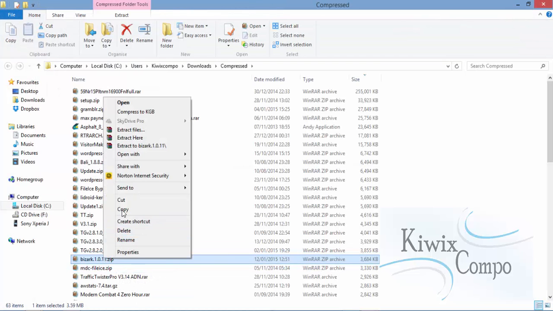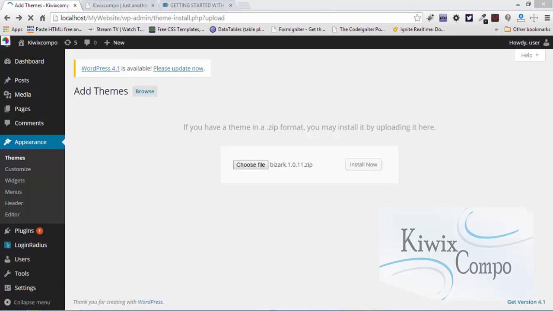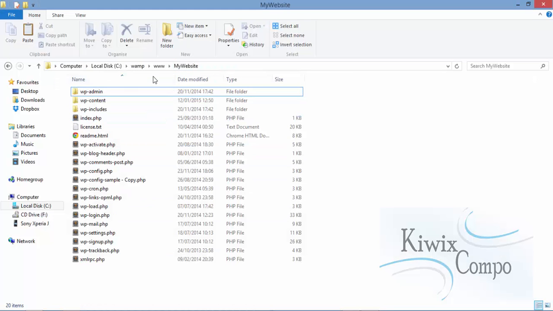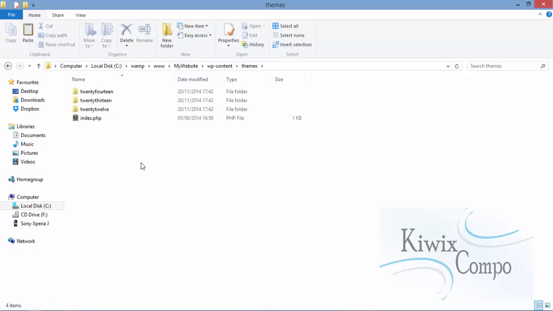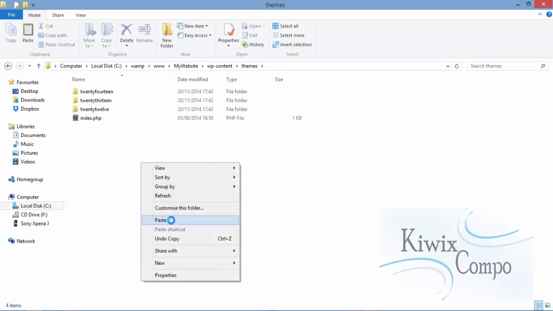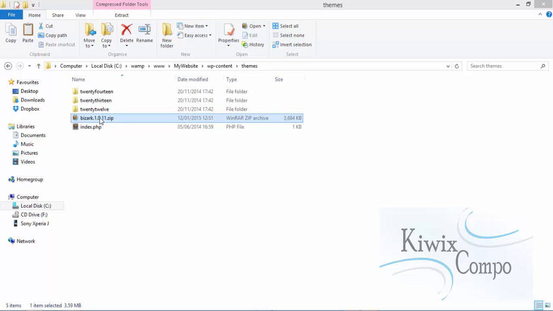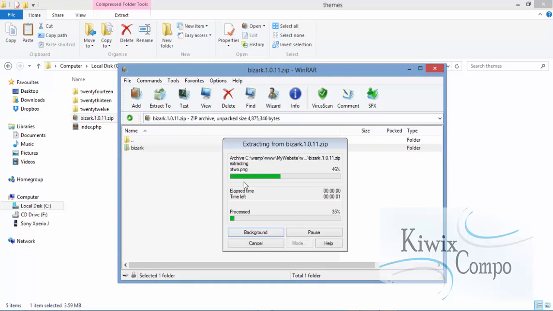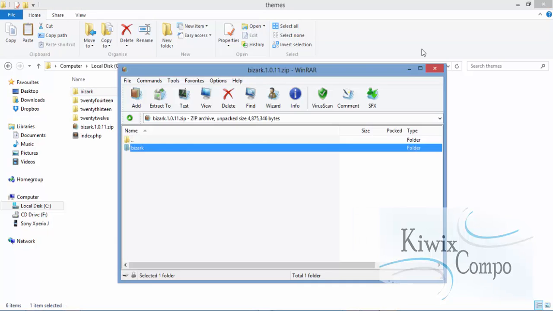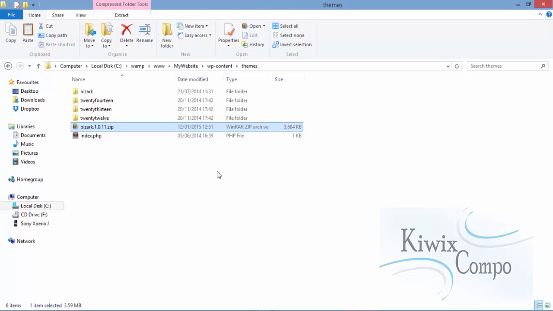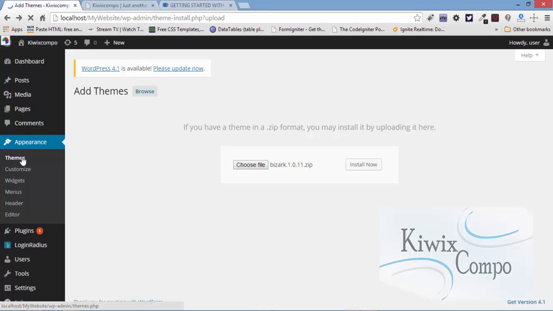I'll just cut, and this is the location of the address, the website we are building, and I can come to WP content themes and paste here, though it won't really be useful when I paste it like this, but I'm just going to open and extract it here. Now here it will be useful, so I'm just deleting this,